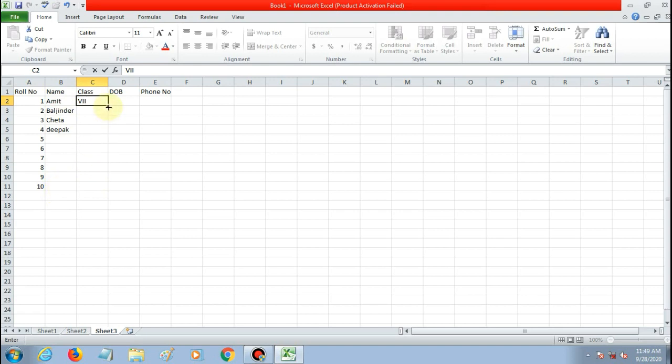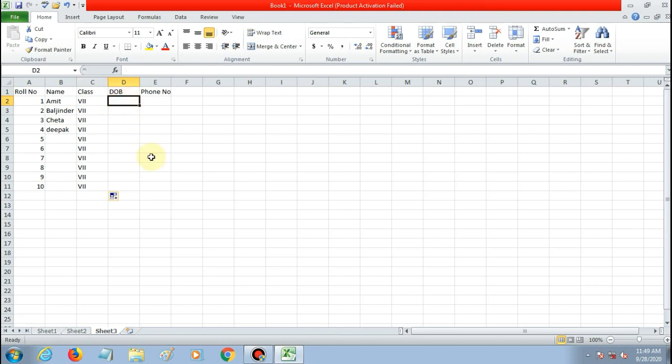So when you want to enter the same value, then you have to type only a single value and go to the right bottom corner and keep it pressed and drag it down. Now here you can see the autofill handle we have used here to fill the same value in each cell. Okay, if you want to enter a series, then you have to enter the first two values, then drag it. For the same value you have to enter a single value, then hold it and drag it from the right bottom corner.